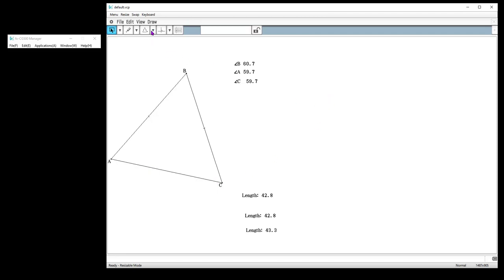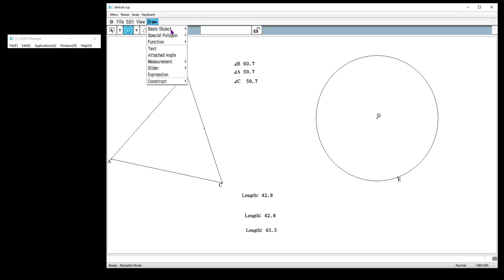So here's where I can go in and use my circle tool to help me construct an isosceles triangle. So I'm going to make a circle. There's my circle. And now I'm going to use my segment tool. So I can either get that by going to basic objects and choosing segment, or I could have gone here and chosen segment. So let's make a segment from the center point to the circle. And then let's make another one.